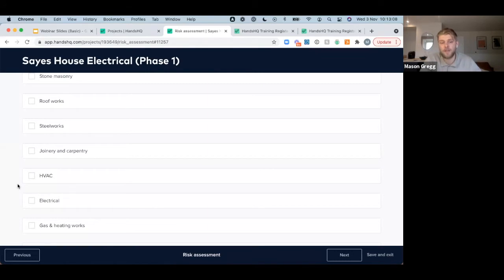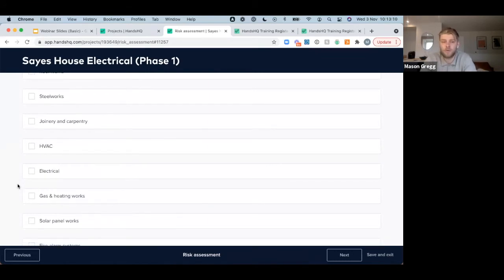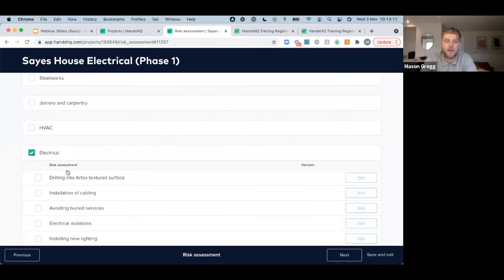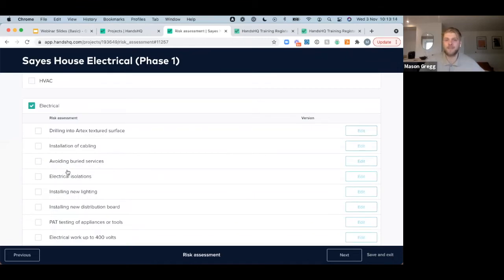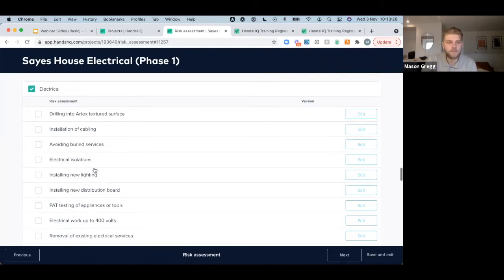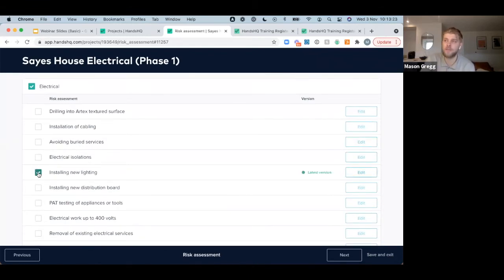remove any of that information, and we can also onboard all of your content in here that's very bespoke to you. So the years and years that you've been putting into work of creating that library, that's not going to be lost. You can actually integrate that into our system. So let's say we're going to be installing some new lighting as well. So once we've selected our risk assessments, we can then move through to our next step.